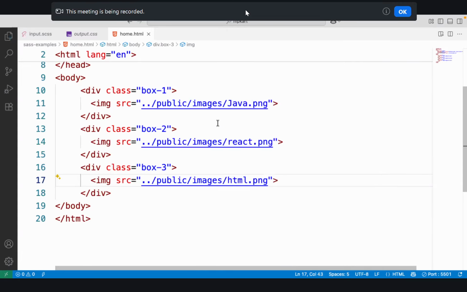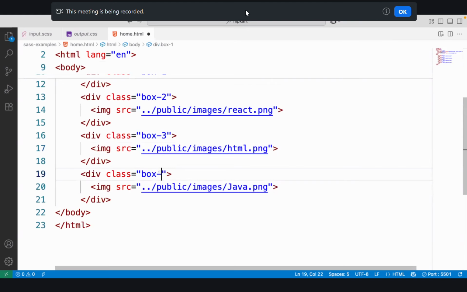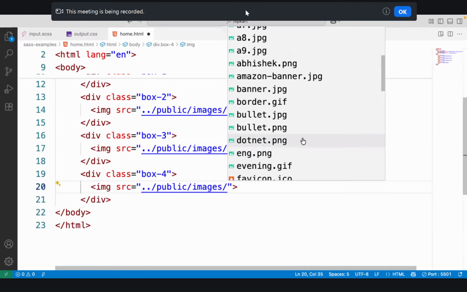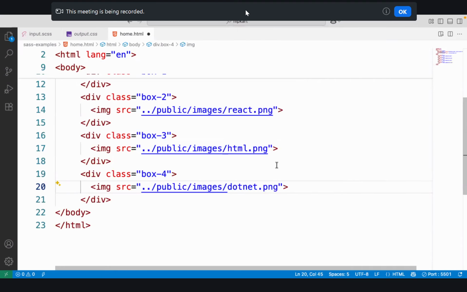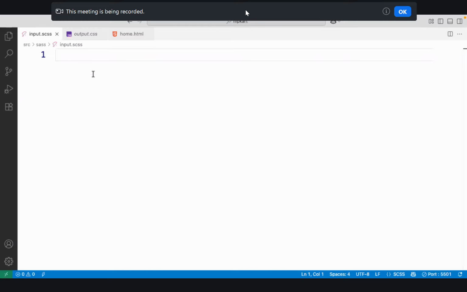HTML, PNG. Some images are there. Now you see you have 4 boxes with 4 different images. 4 boxes are there, and some different images are available. Now what we will do is we need to set up whatever the